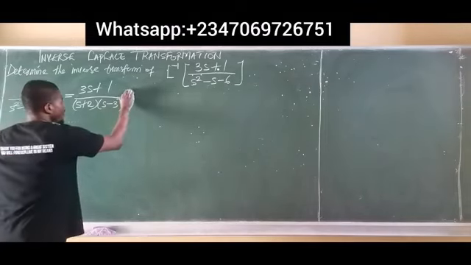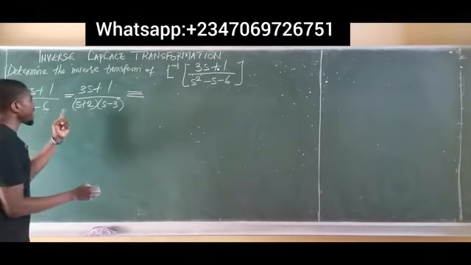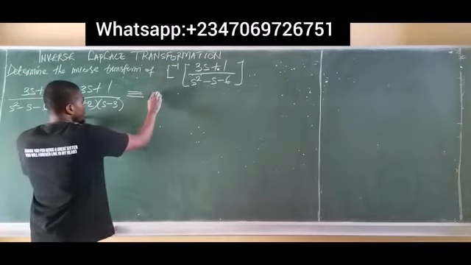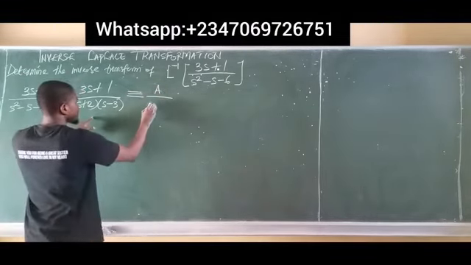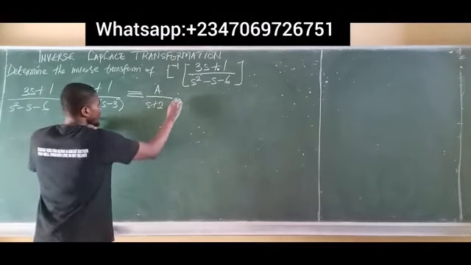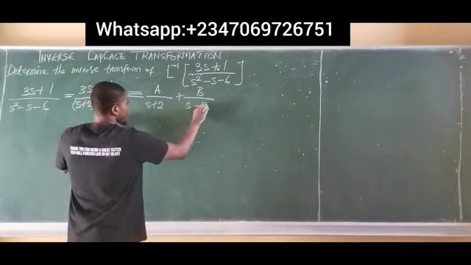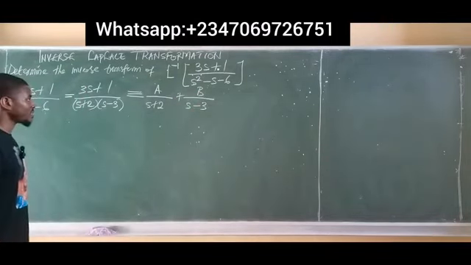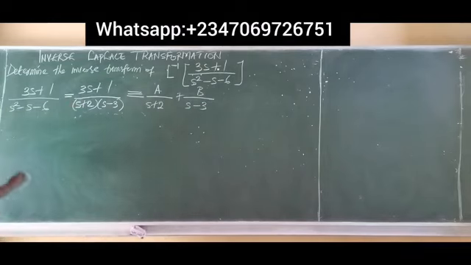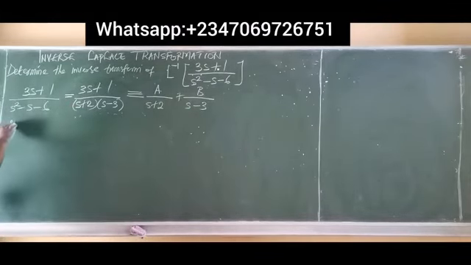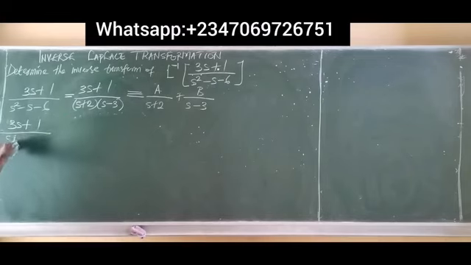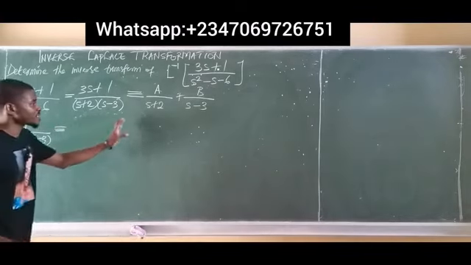This is equivalent to, since I have two brackets under, a over the first bracket s plus 2 plus b over the second bracket s minus 3. We simply have something like this. So I have now the whole of this, which is 3s plus 1 all over s plus 2 times s minus 3, is now equivalent to, I will consider the LCM